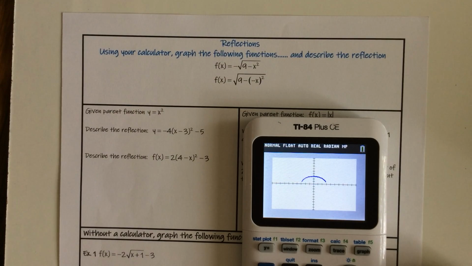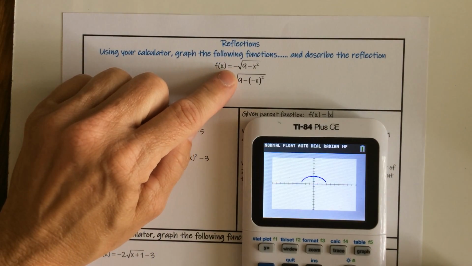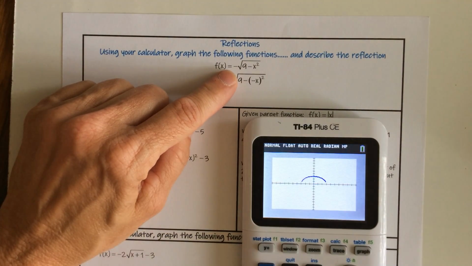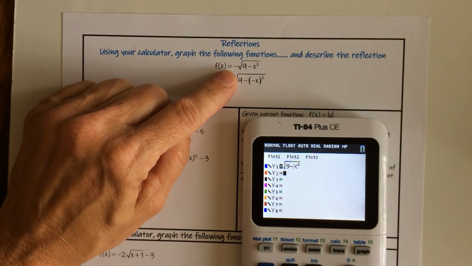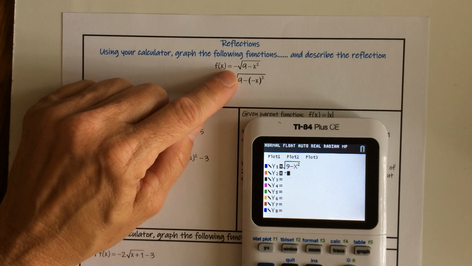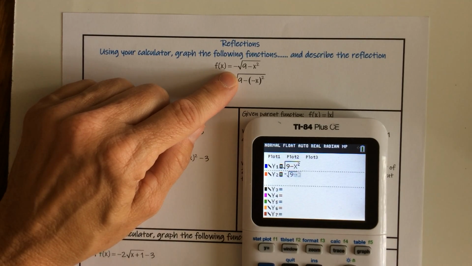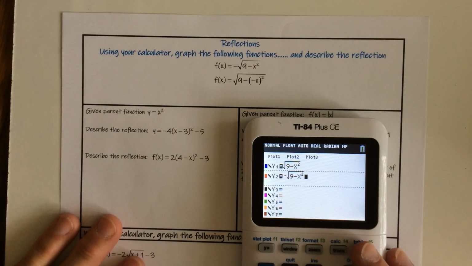Okay? So now I want us to graph the opposite of the square root of 9 minus x squared. So I will go back to y equals. I will go down to y2. There's my negative, or opposite. I will get my square root and 9 minus x squared. And so now when I graph,